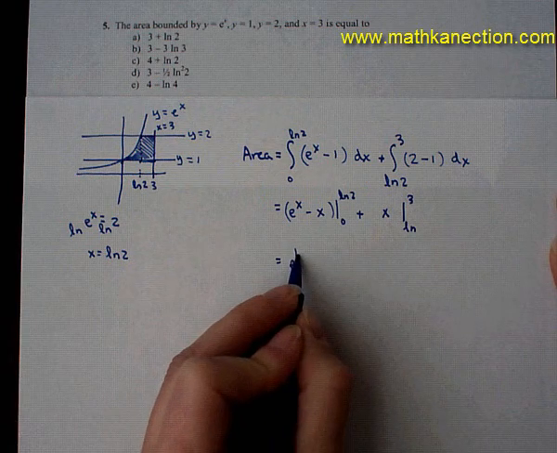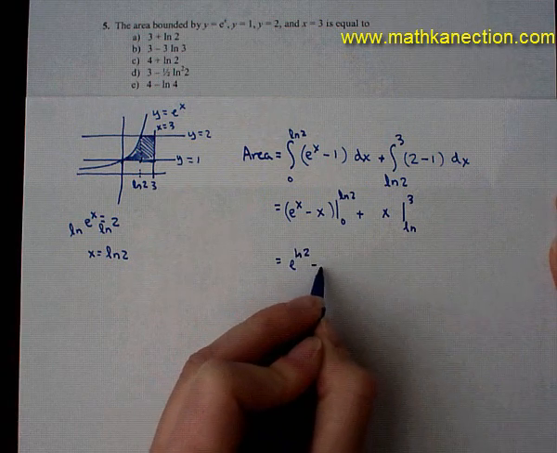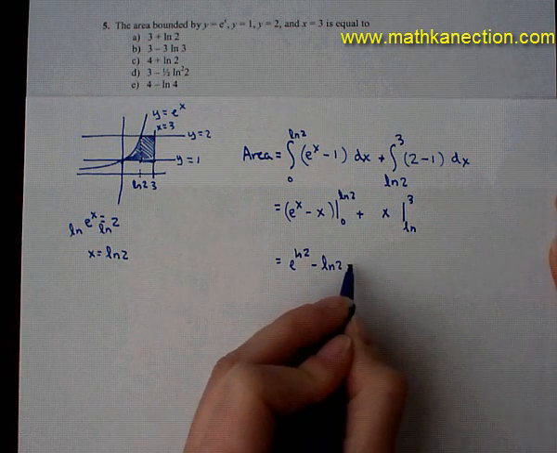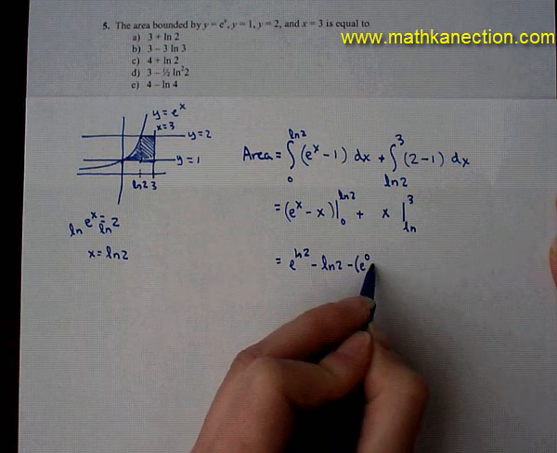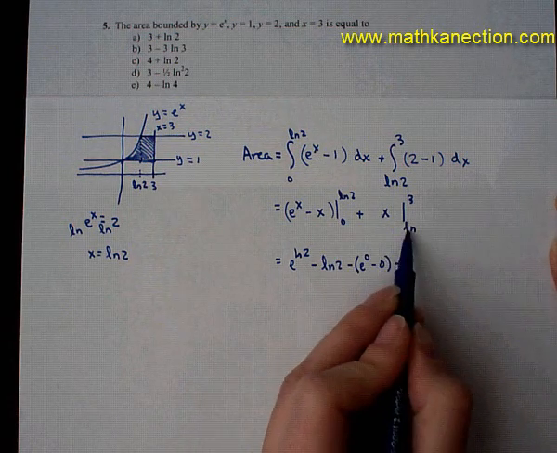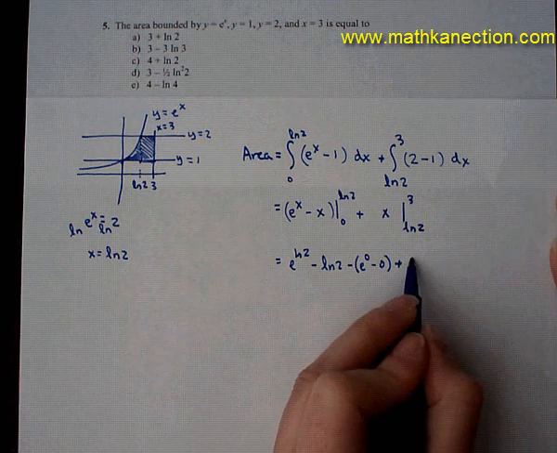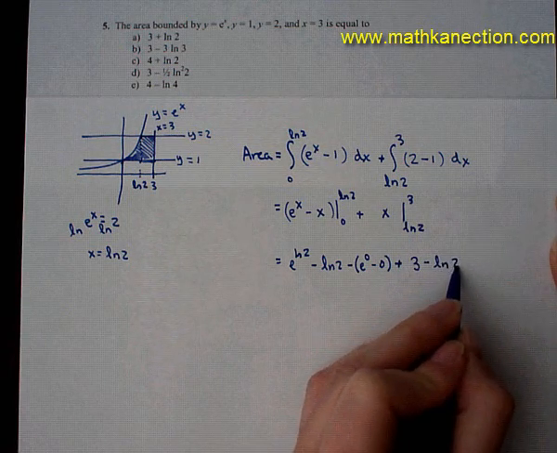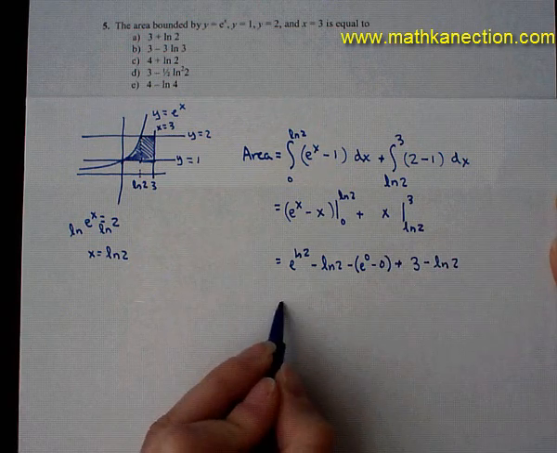Following our first fundamental theorem of calculus, we'll have e to the natural log of 2 minus natural log of 2 minus e to the 0 minus 0. For our second antiderivative, replacing in 3 and the natural log of 2. Simplifying our problem,